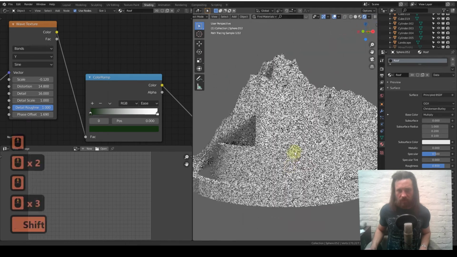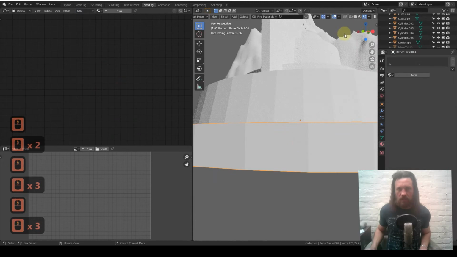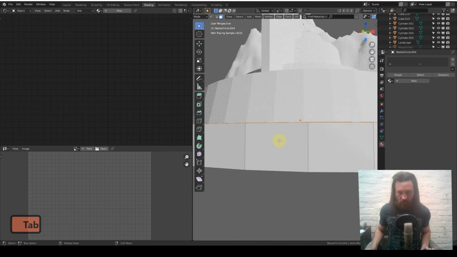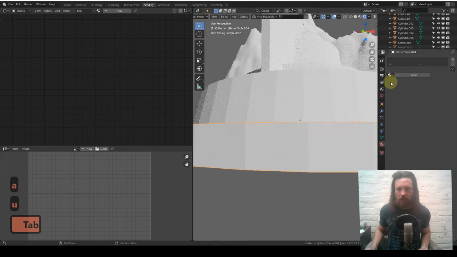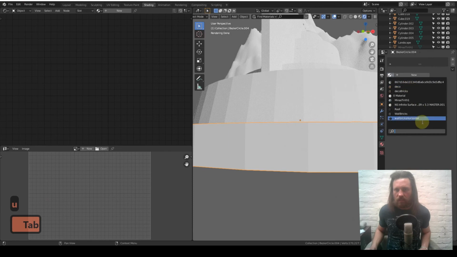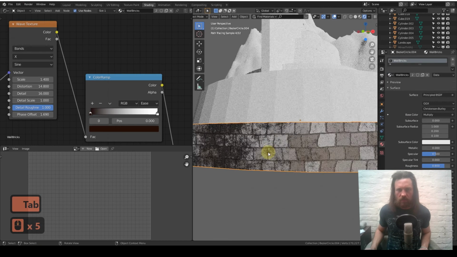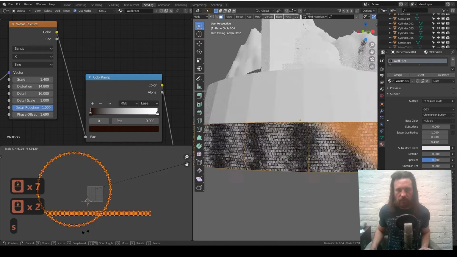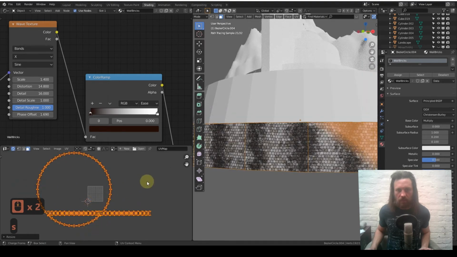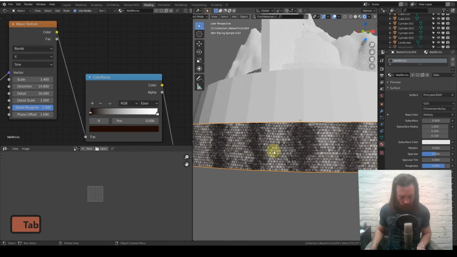Let's get them textured. First off, select that one, and we've got our cube projection. So select all the polygons, cube projection, and then we just add, was it wall bricks? Wall bricks. And again, rather than changing the scale of all this, we just go into the UV editor and scale that up. And I think just to